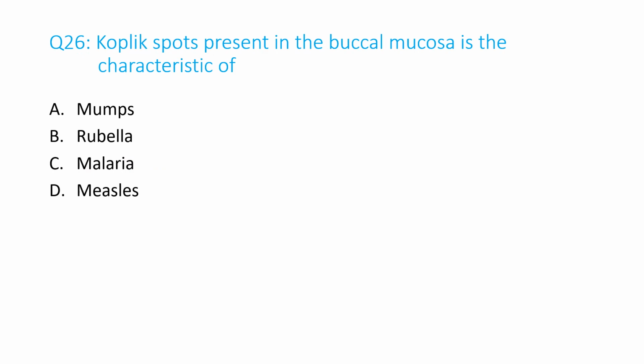Question number 26. Koplik spots present in buccal mucosa are characteristic of A. Mumps, B. Rubella, C. Malaria, D. Measles. And the answer is